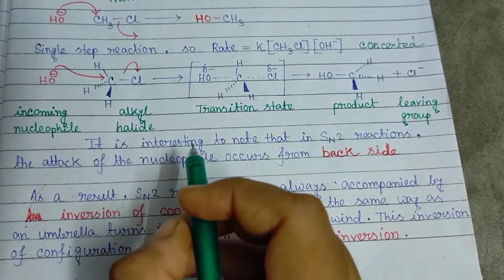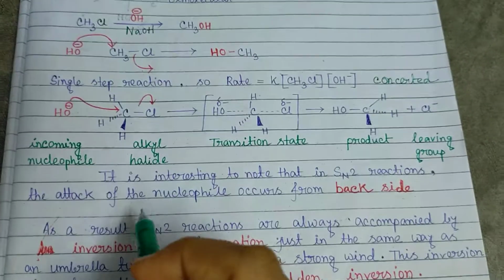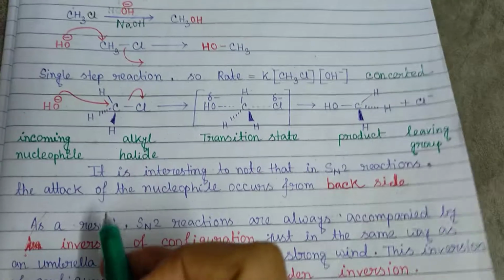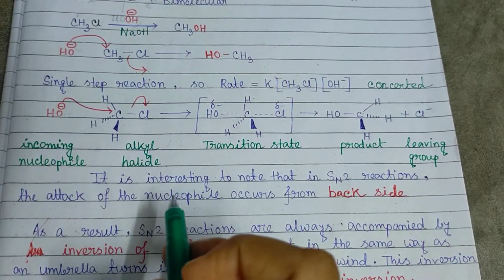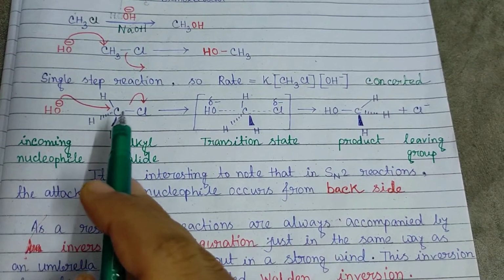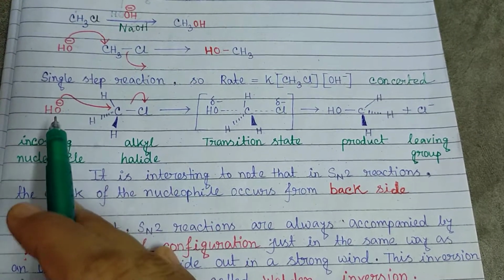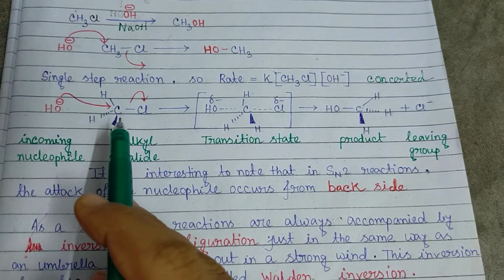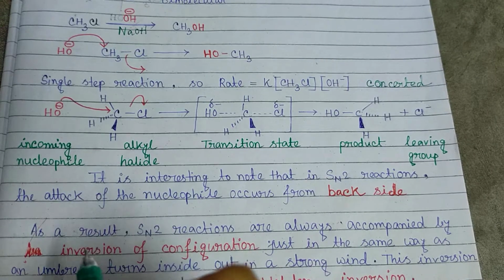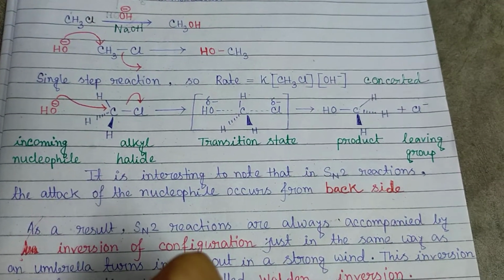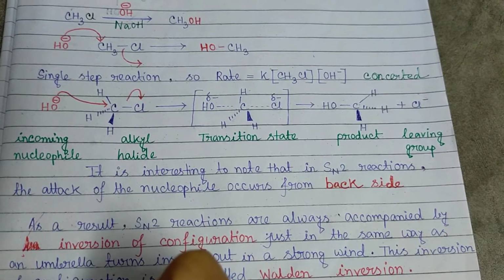For SN2 reaction, we have to remember one term always, that is backside attack. So the nucleophile will attack the carbon where the halogen is attached from the backside. So as much as possible or as much as preferable the backside attack, there will also be the